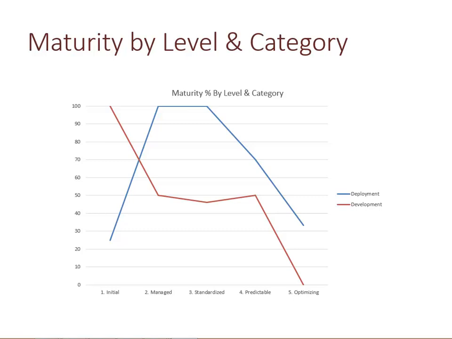And this really lets people look into the detail. Perhaps if you're scoring really high in predictable and optimized, but you're low in initial and managed, that might explain why you would struggle in certain areas where your overall score might not look too bad. And that level of detail is really for the people on the ground who would understand the technicalities of how different categories work, such as how development works, how infrastructure works,